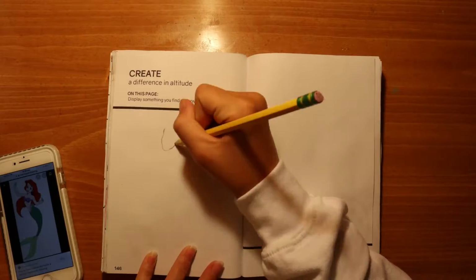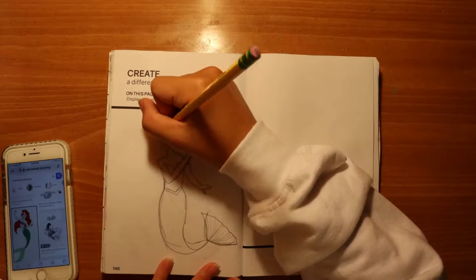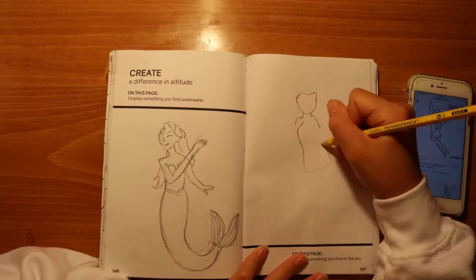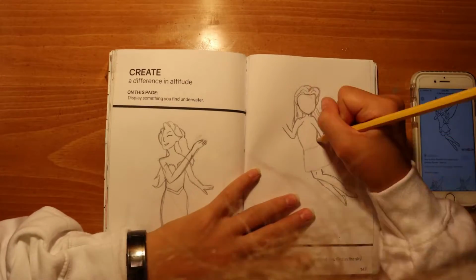Alright, moving on, we have create a difference in altitude. Display something you find underwater on the left page, and display something you find in the air on the right page. So, on the left page, I decided to draw a mermaid. I'm going with the fantasy theme for this. You could go literal and do a dolphin or something, but I decided to go fantasy, so I did